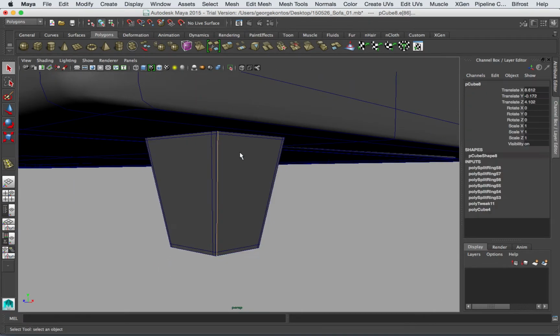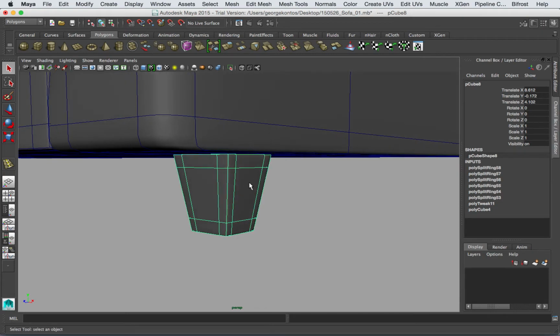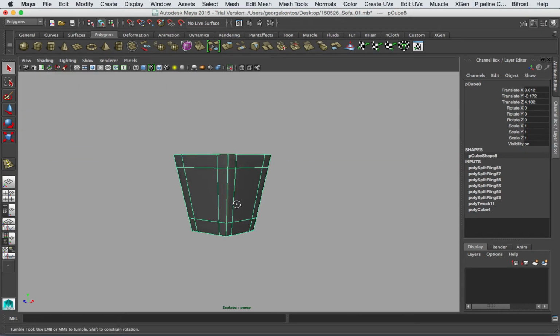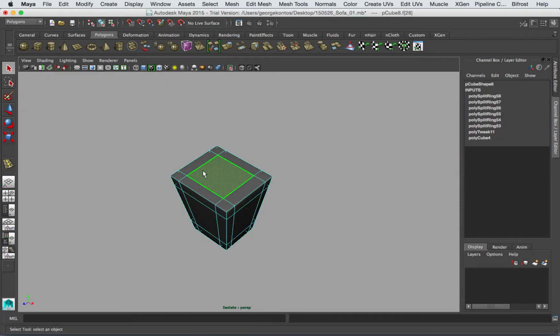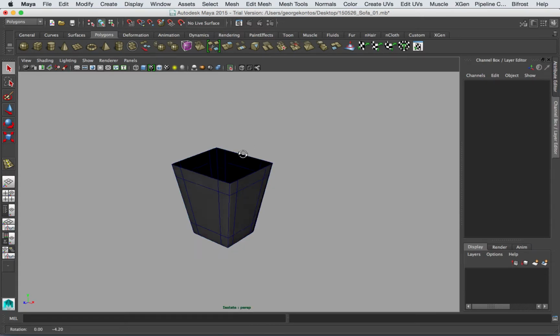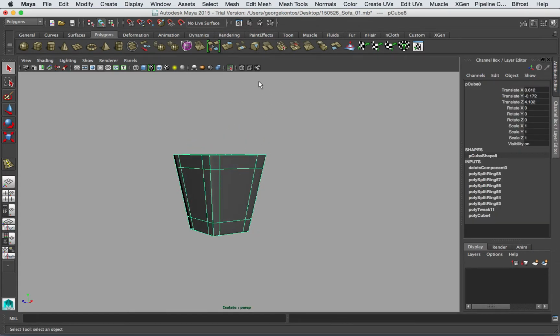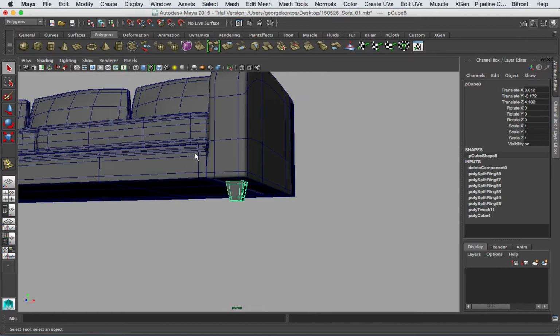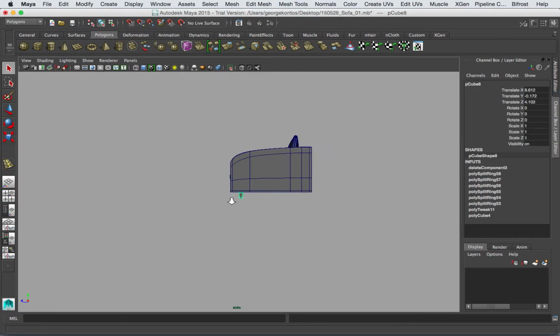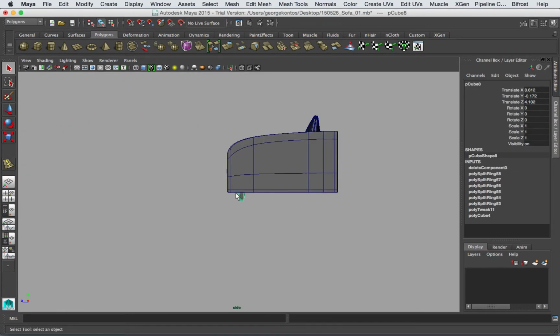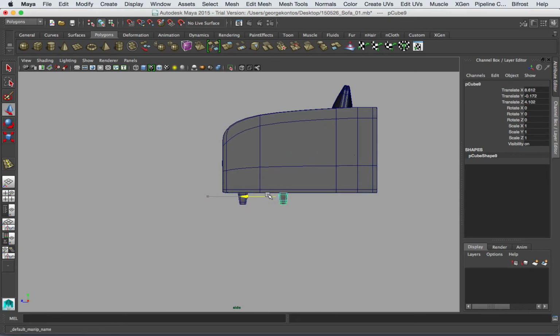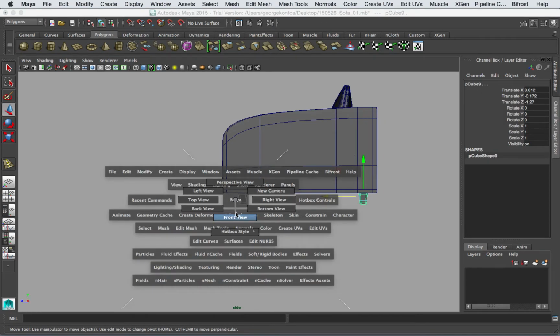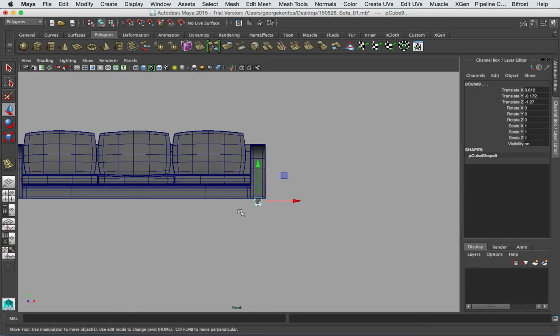Now, just to save some energy, I tend to get rid of stuff we don't need, right? We're never going to see that. So, go back to this mode, and W, Shift D, move it back. Select these guys, go to the front view, Shift D,